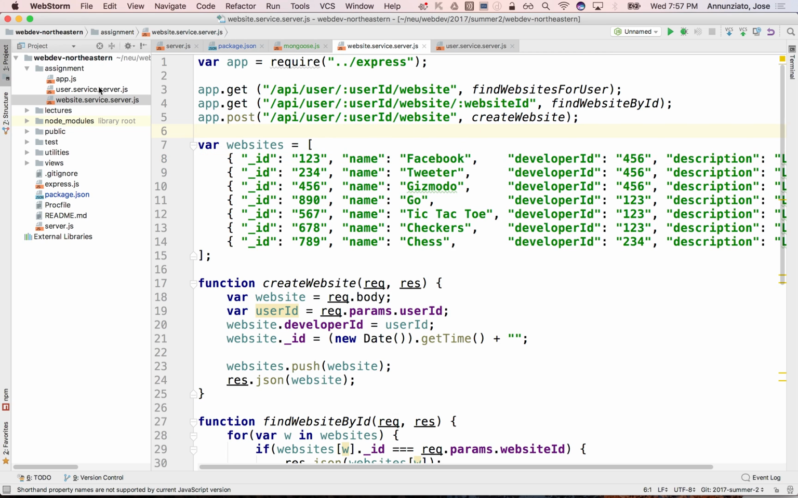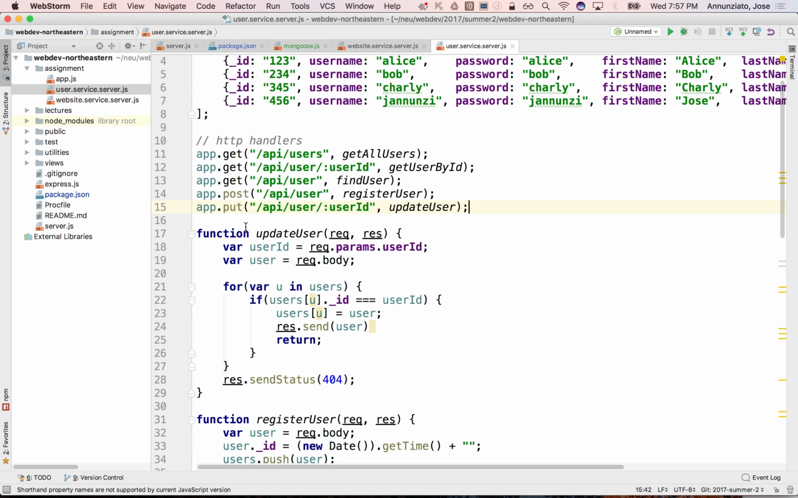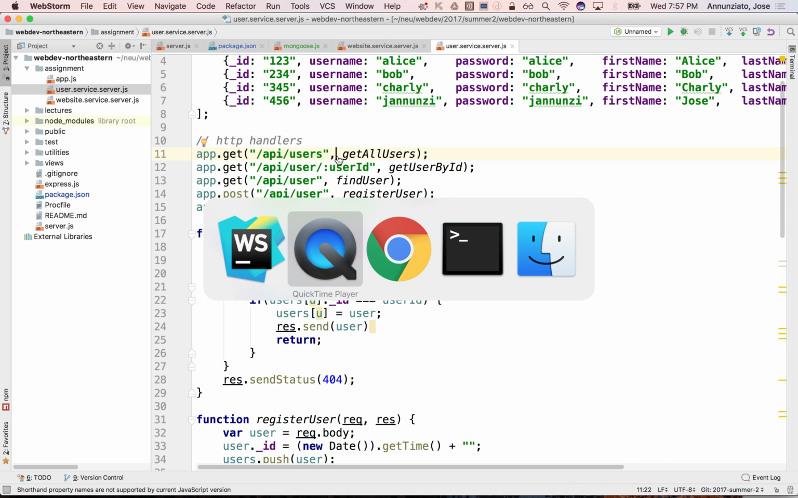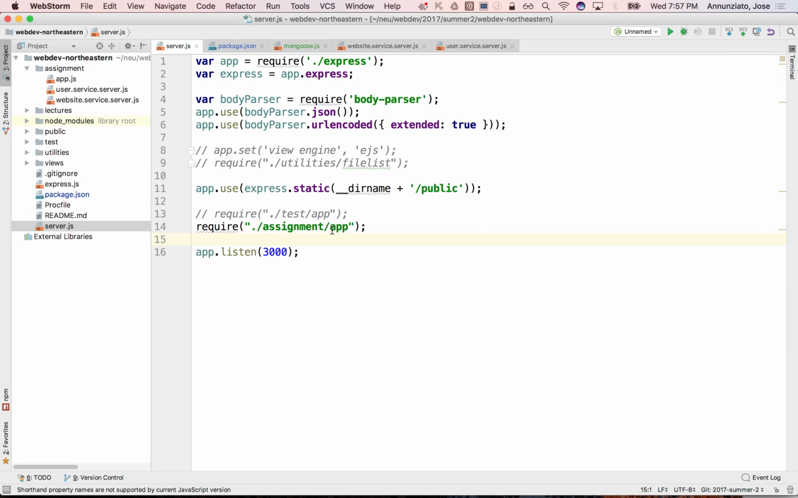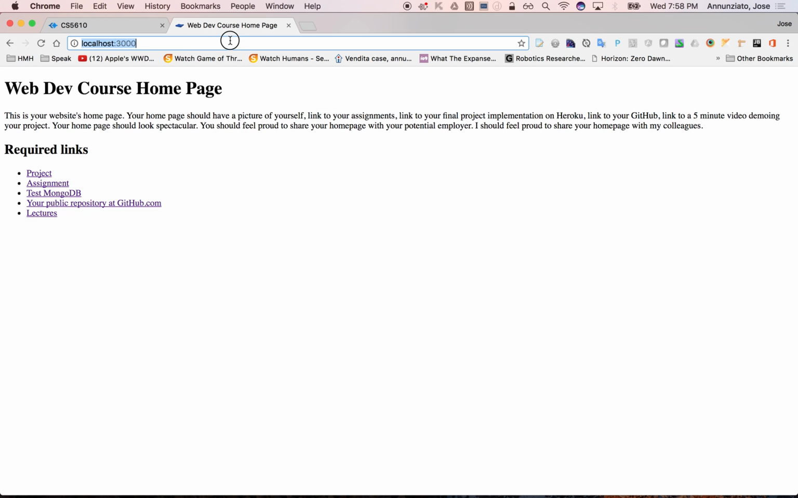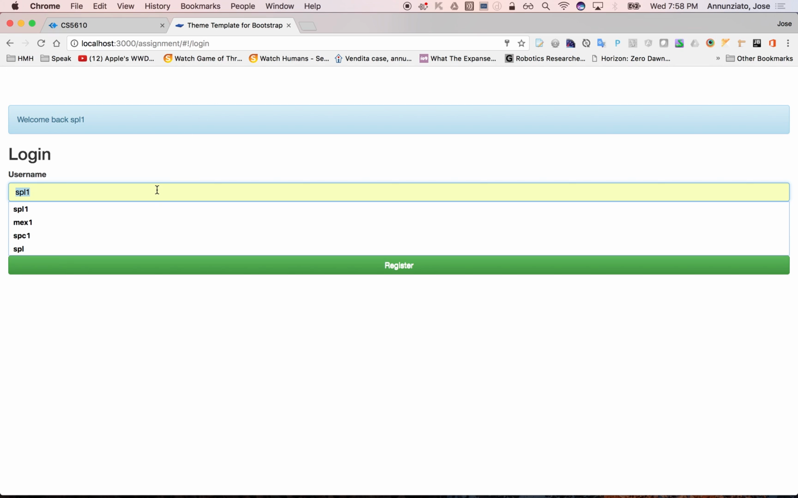Currently, we have implemented the user service that has the following users: Alice, Bob, Charlie, and Jannunzi, and exposes the data model through these endpoints here. And this is already working. Let me start the server here, and if we navigate there, and we go on to the assignment, we can go to the login. We can log in as any of these users,